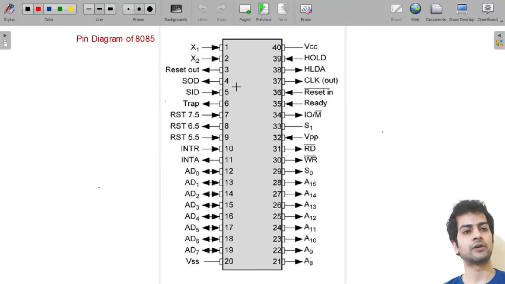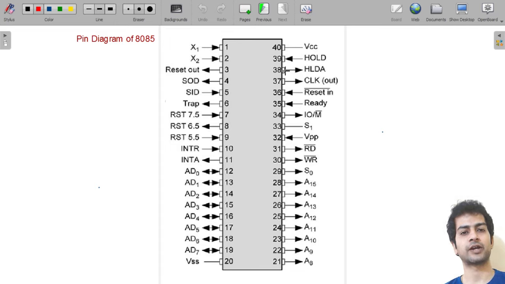Now, coming to the next topic, that is the pin diagram of 8085. We have discussed it earlier also that the total pins in 8085 are 40. 8085 is made up of a total of 40 pins. So see, what we are going to do is that we are not going to discuss all the 40 pins